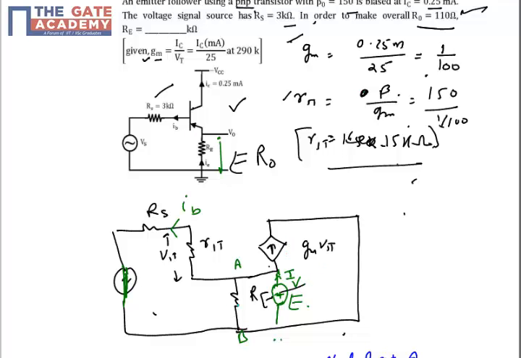Then we need to calculate the output resistance. For the calculation of any equivalent resistance, we short circuit the independent voltage source and open circuit the independent current source. We don't have any independent current source here. Dependent sources we don't touch. We have only an independent voltage source, so we short circuited it. Then, across the terminal where I need to calculate the resistance, I assume one external voltage source and the current across it, and the ratio of voltage to current gives me the output resistance. That is what I did.